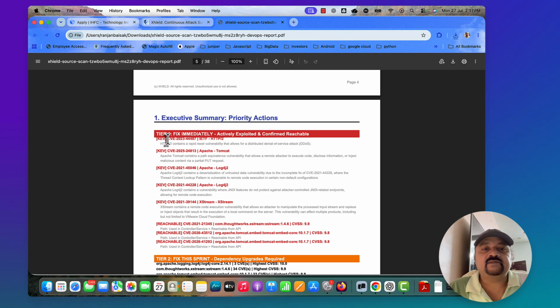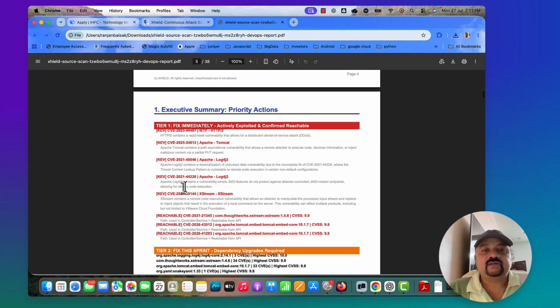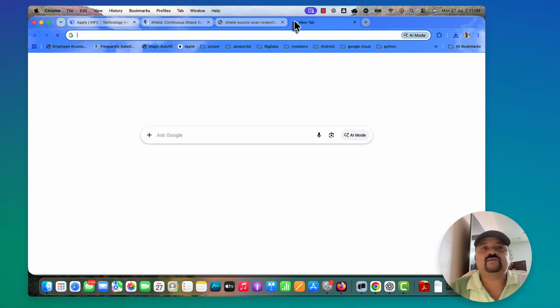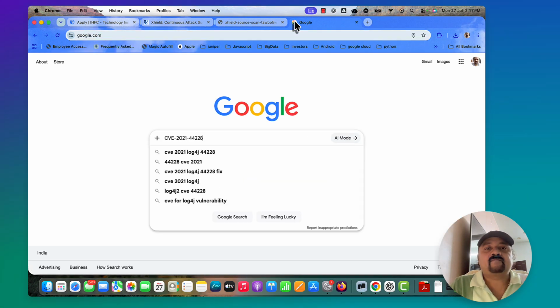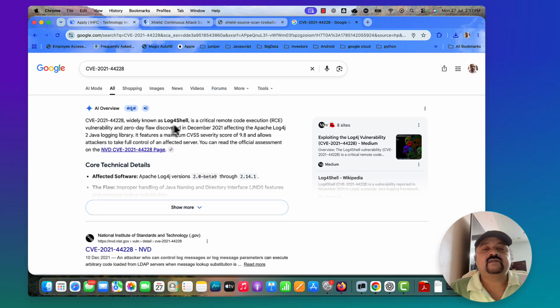And we are using the CVE dataset, and that gives you all the CVEs your application is impacted by. Those are the key vulnerabilities. If I take one of them, let's say Log4j, and you can clearly find out on the internet, if I search on Google, it says Log4Shell is a critical remote code execution vulnerability and zero-day flaw discovered in